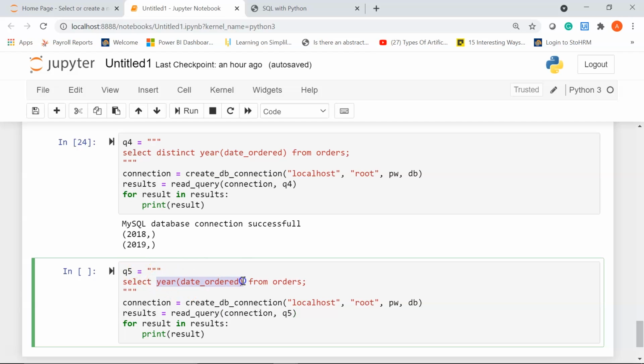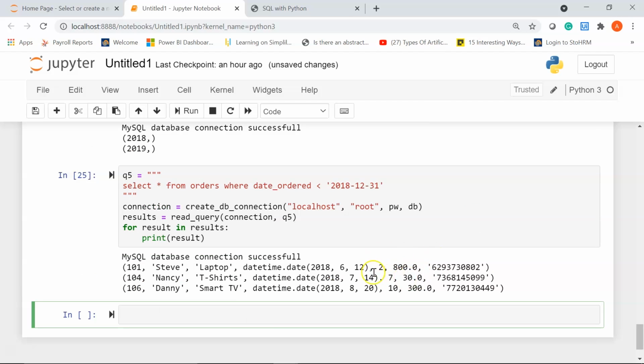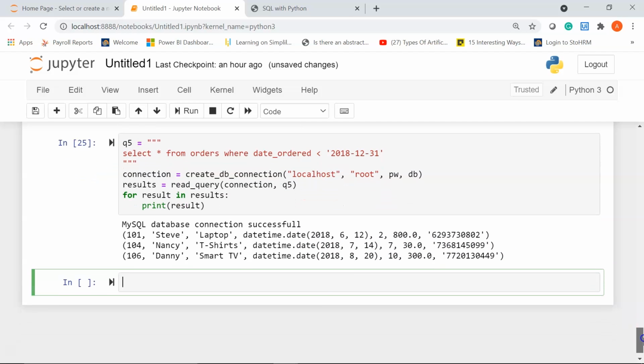So I'll write select star from orders where date underscore ordered is less than, within quotes I'll give my date value, which is 2018 December 31st. So all the products that were ordered before 31st of December 2018 will be displayed. Let's run it. You can see here there are 3 orders in our table which have been ordered before 31st of December.